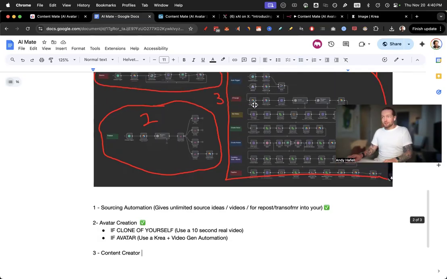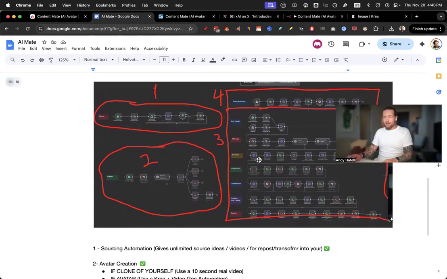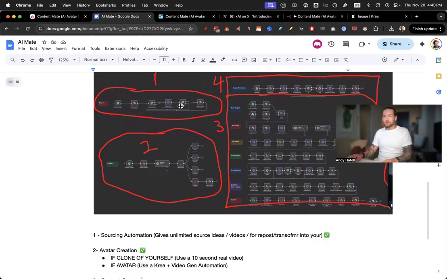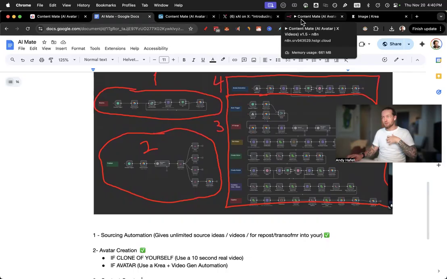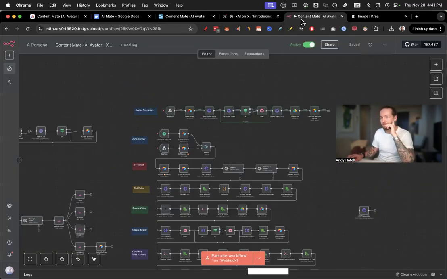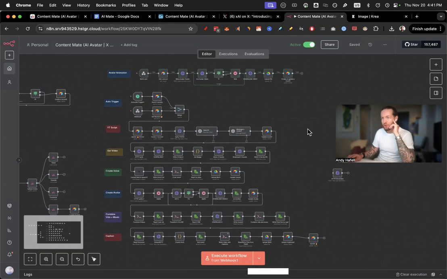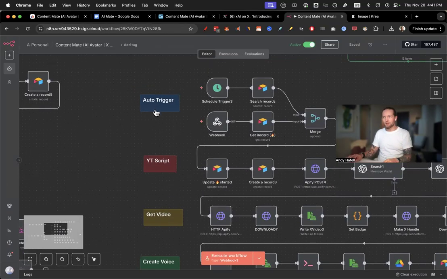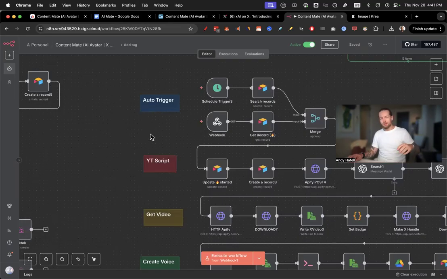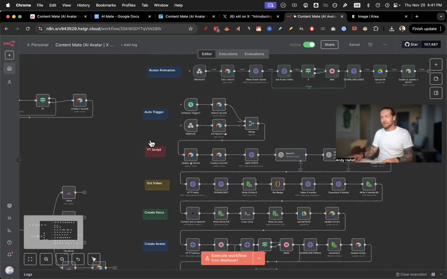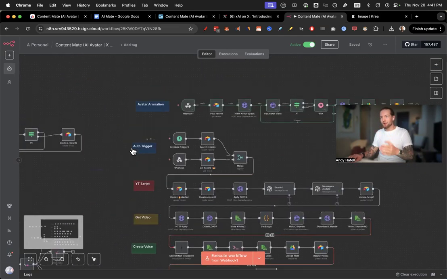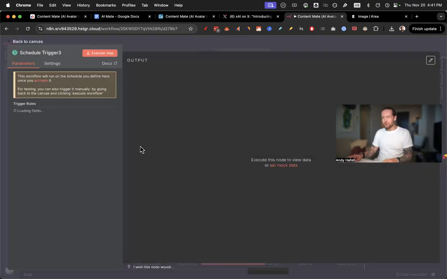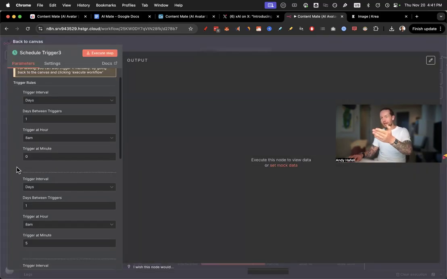So when it comes to the content creator automation, which is number 3 here, there's a lot of things going on. But what are we going to talk about here? Because there are so many things going on, let's just take them one by one. So the first thing that we have is an automatic trigger. Like I told you about, I have this set up every day at 8 o'clock in the morning. I basically run this entire automation right here. And the schedule trigger has scheduled 8 a.m.,